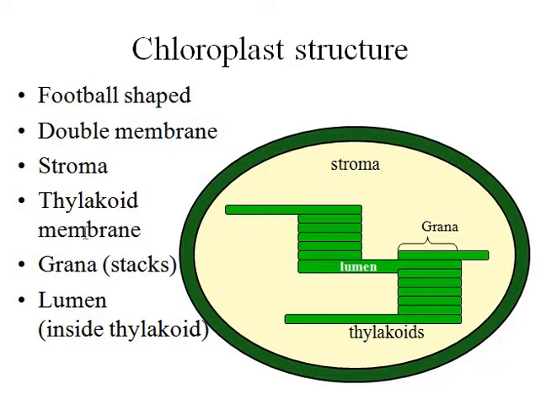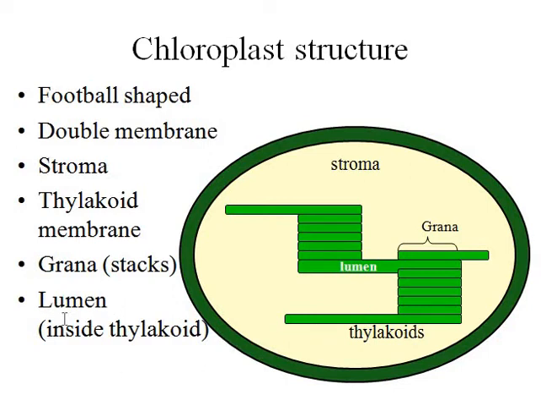Another portion is the thylakoid membrane. So chloroplasts generally have three membranes. One is the outer membrane, another is the inner membrane, and the third is the thylakoid membrane. This is the thylakoid, and the thylakoid is enveloped by a membrane, which is known as the thylakoid membrane. Now we will learn what grana is. Grana is the stack of thylakoids. This disc-shaped structure is known as thylakoid, and the stack of thylakoids is known as grana.